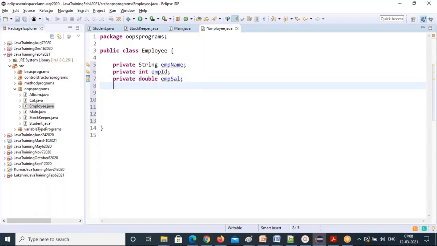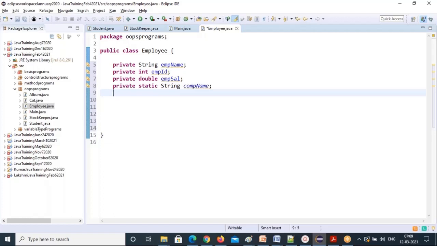Then private static String company name. Why did I make it static when the others are non-static? Because it's common to all the employees. It's a common property, that's why you make that variable static. Very simple, these are the basics.